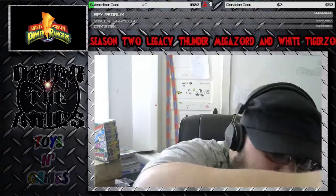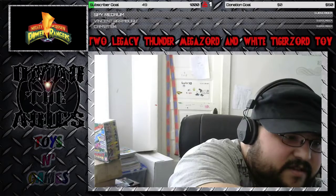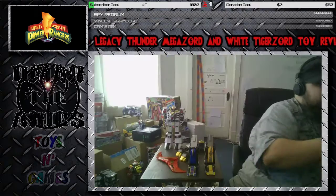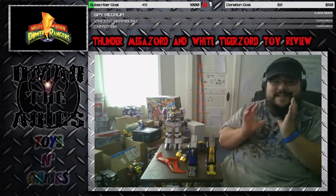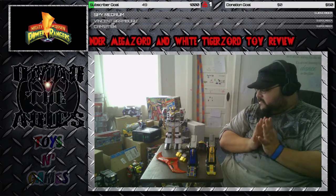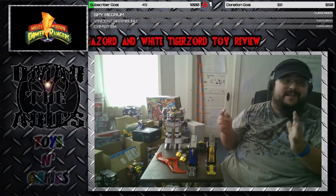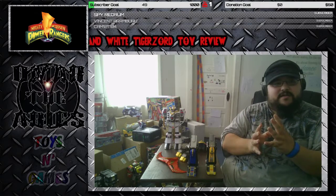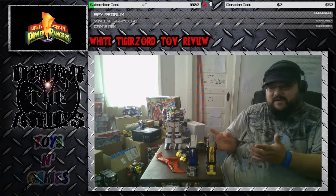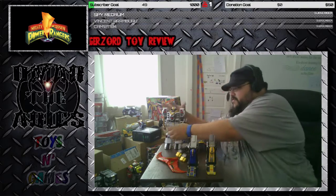Him to the side for now. I'll put him in play when Tigerzord merged up. Now, I don't like this part because I don't like extra parts. When I put everything together, I want everything together. I don't like the extra parts. But we're going to have extra parts because to merge them together, you have to